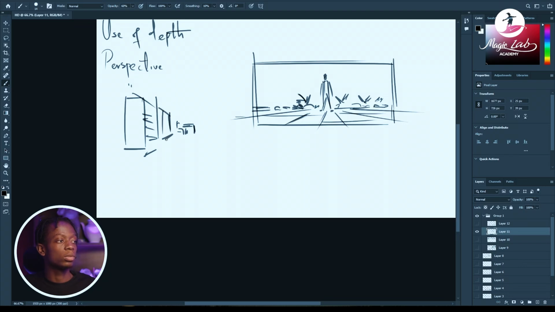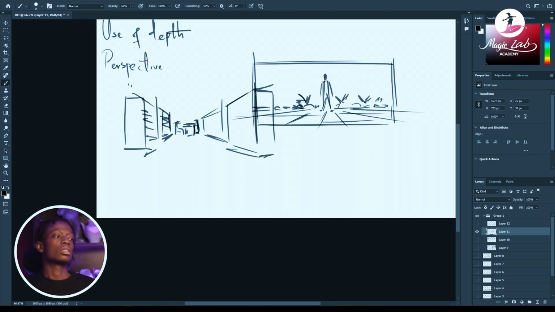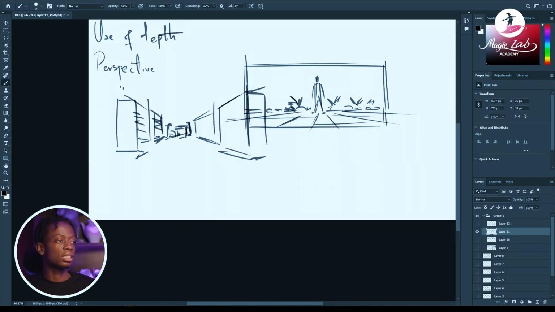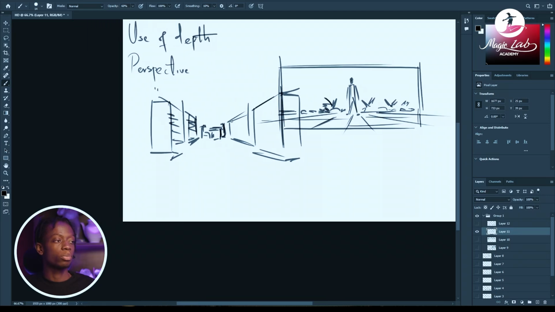Now, this is a good way to tell us that this is who we should focus on. Whether you like it or not, as a viewer, when you see this, of course you will notice the shelves and everything, but your eyes will be drawn to this simple shape behind it all, because it looks different from the rest, and every other thing is pointing towards it. It's like a look-at-me type of situation